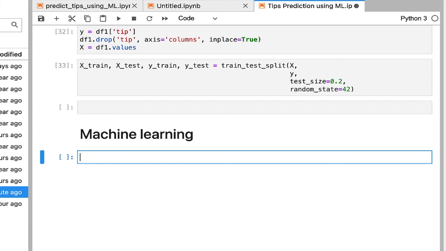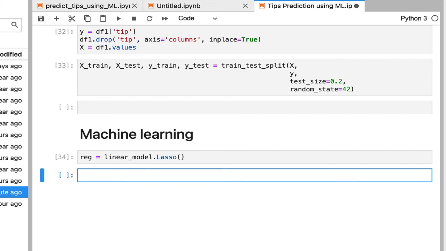That's available in the linear model module. So we'll say linear model dot. Now for this, we want to use something called grid search